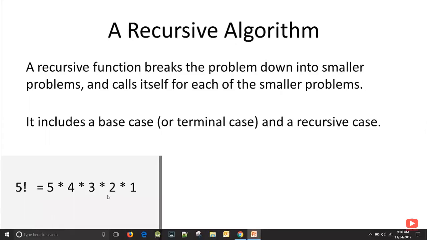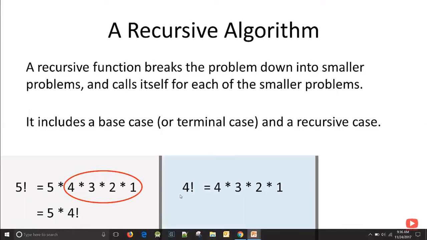5 factorial is 5 times 4 times 3 times 2 times 1, and what we can see when we analyze that is, gee, 4 times 3 times 2 times 1 is actually equal to 4 factorial. So 5 factorial is equal to 5 times 4 factorial. Now when we break down 4 factorial, we could say 4 factorial is equal to 4 times 3 times 2 times 1.